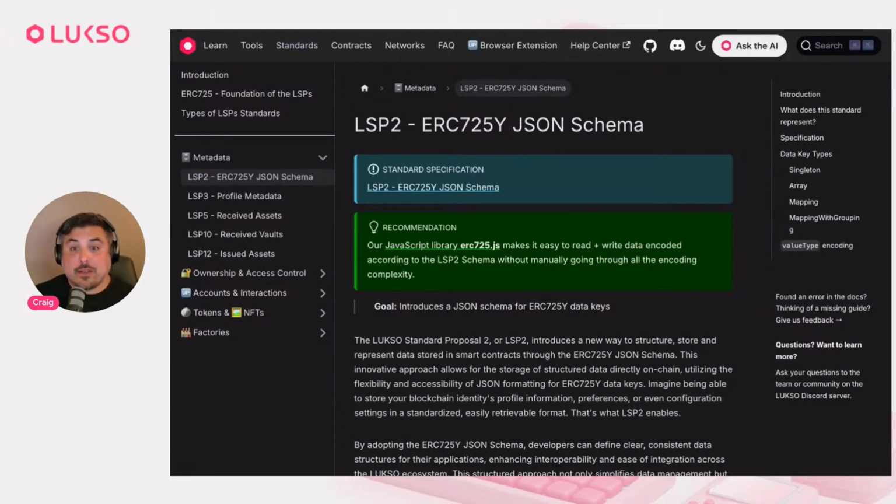And ERC725.js is a library that exists just for that purpose, to encode and decode data from the ERC725 smart contract account standard. So all of this exists here.